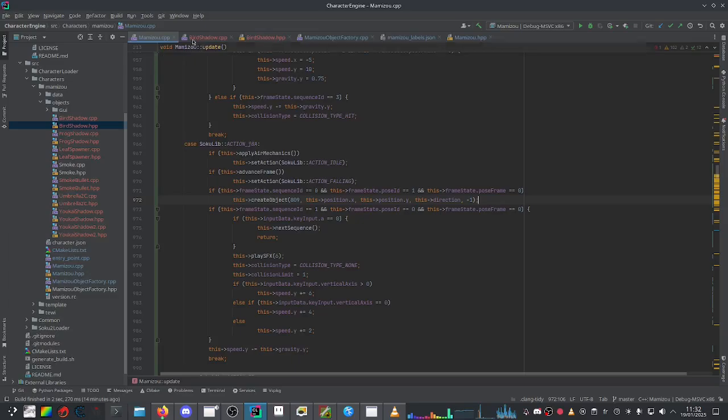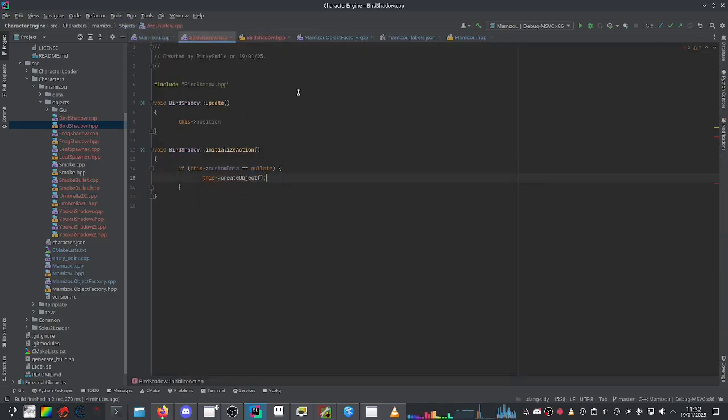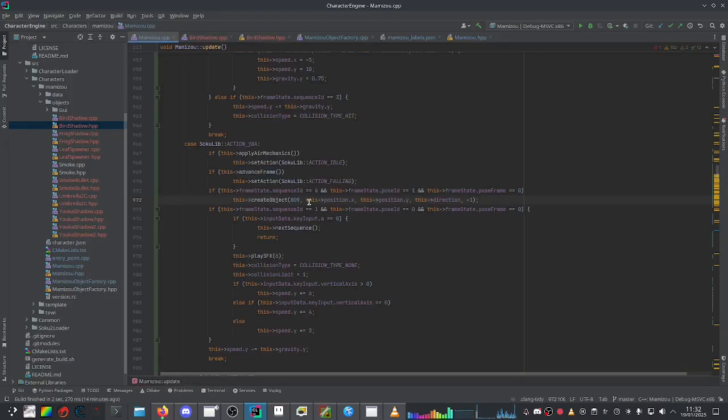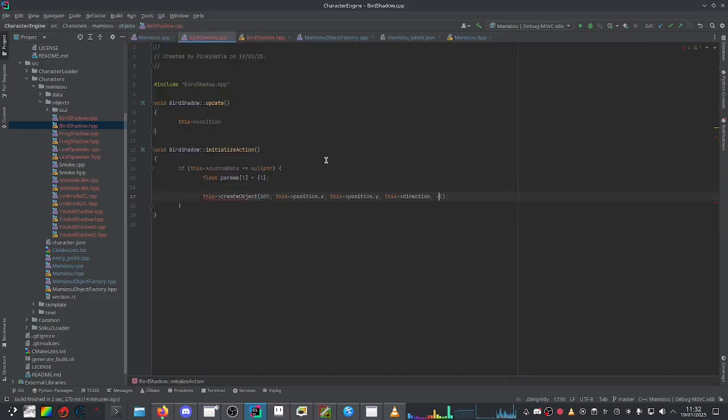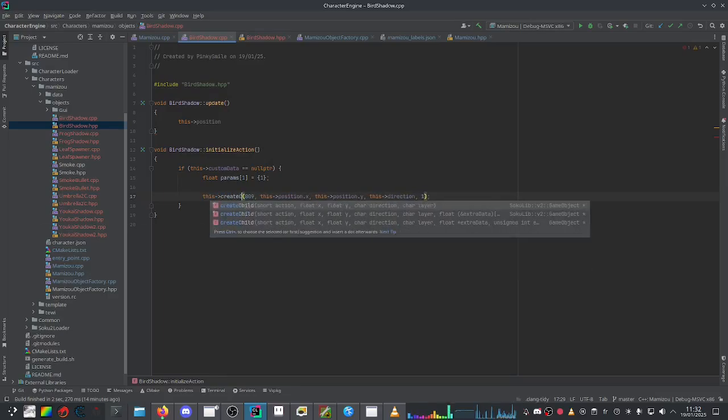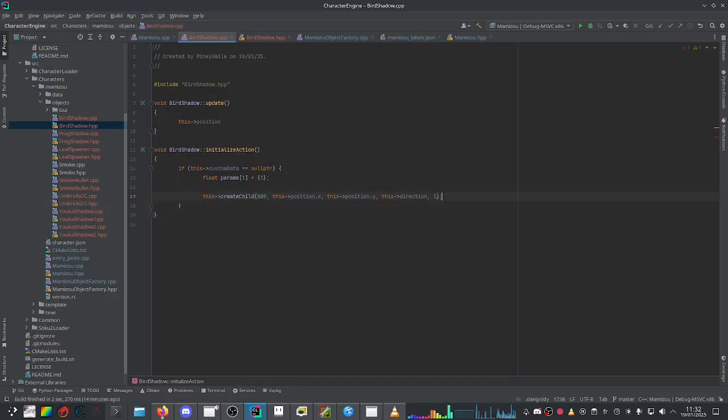So here we have nothing, so we can check for null pointer. Otherwise, it's an array of floats, which is exactly what we're going to do here. And that one is going to be the one in front. We're not going to use create object, we're going to create child. And otherwise, if we do have it,